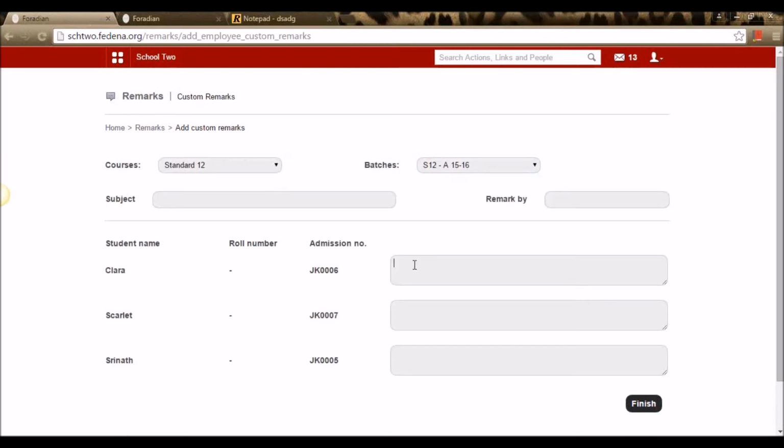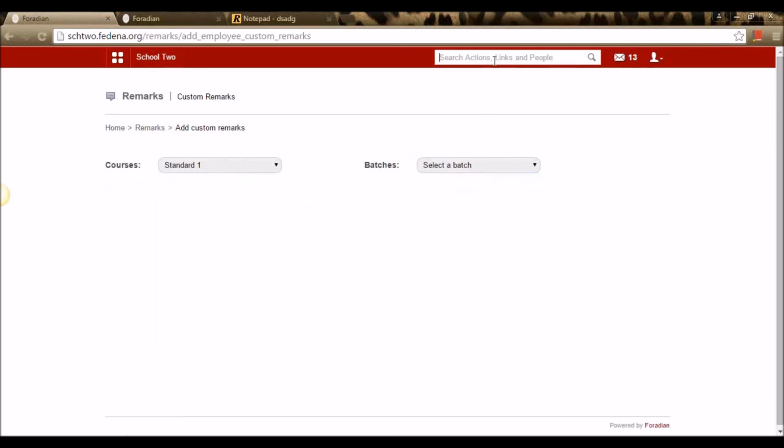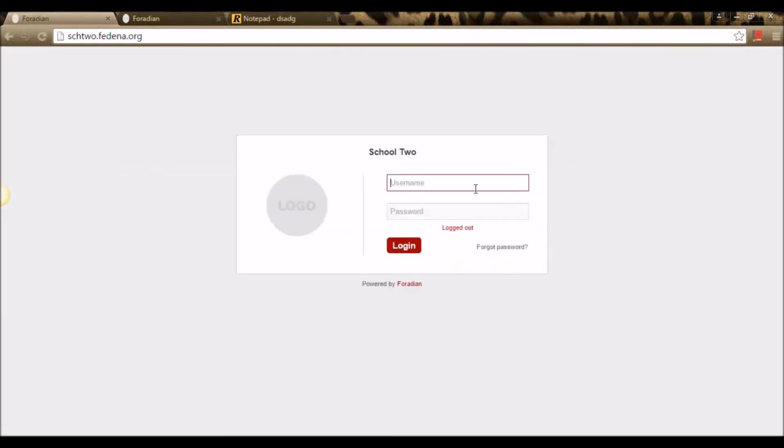So let me give a remark for this student, Clara. Let me get her student ID. This is the admission ID, so we can log in through her admission ID now.